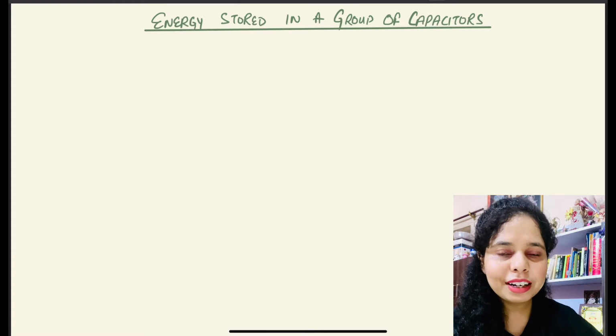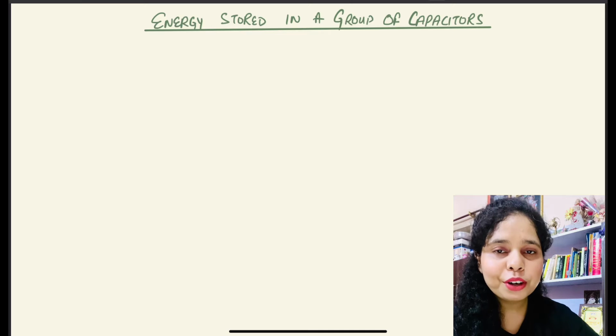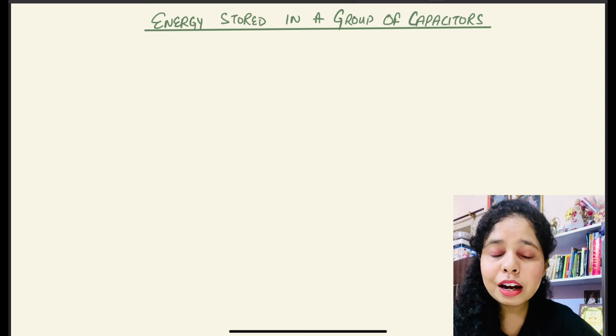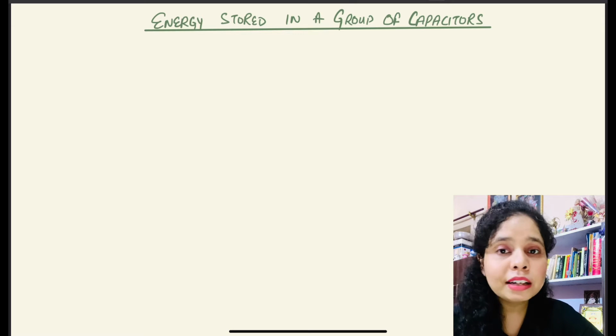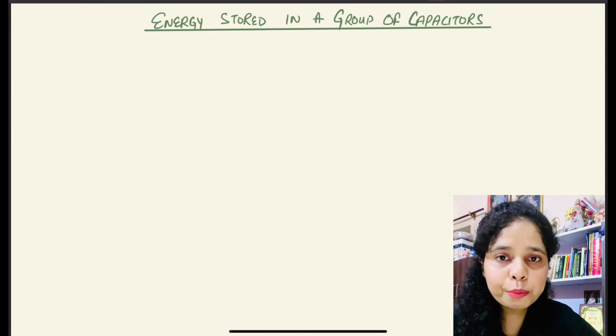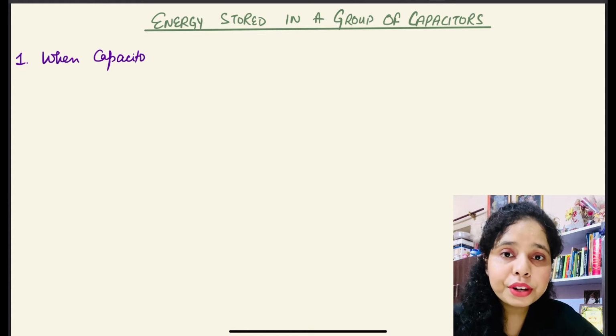This is Unit 1 Electrostatics, and the topic we are going to discuss is to find the energy stored in the group of capacitors. We already know that capacitors could be connected together in two ways, that is in series combination and in parallel combination. So we will discuss both the cases in the two ways. So first of all, we will consider when the capacitors are connected